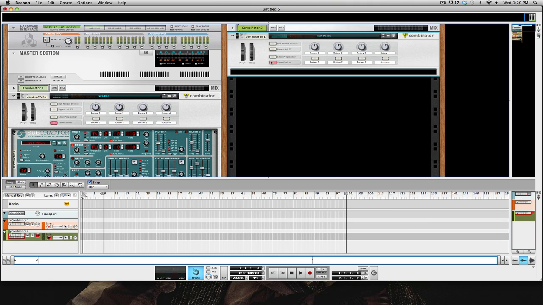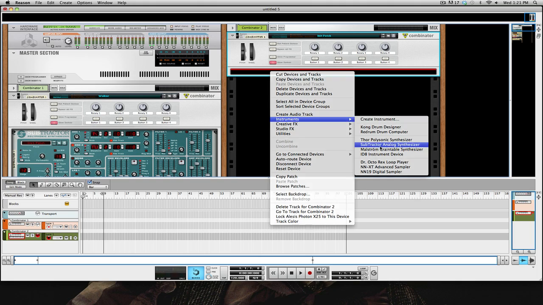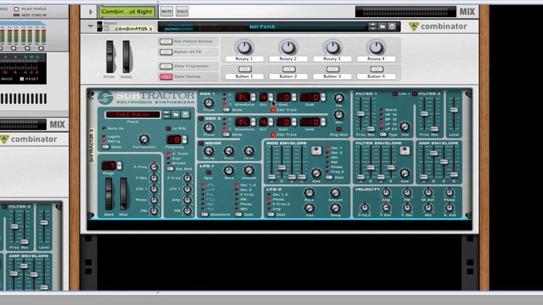So I'm going to create a combinator, create a subtractive synthesizer, turn the first oscillator down to 2, and set it to a positive algorithm. Then turn up the FM amount to about 20. Next, in the second oscillator, we're going to also turn this to a positive algorithm, and then turn it to a square wave. Make sure both of these octaves are on 2. Now, if I play the synth right now,